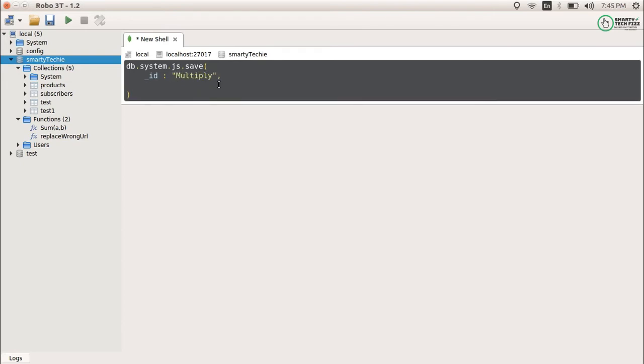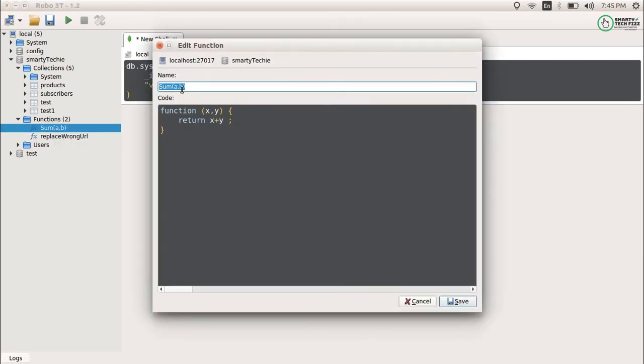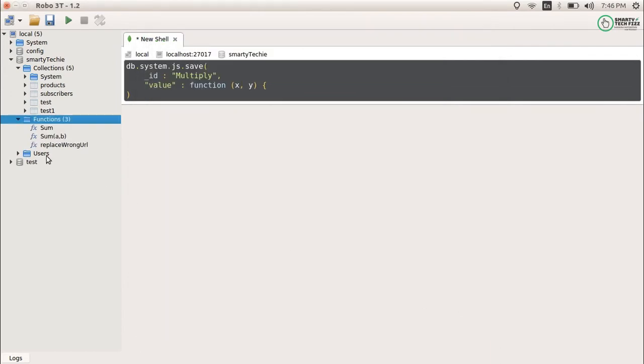Next we will provide the inner implementation of it by using the value parameter. The _id parameter is the name, and the value is the inner implementation of it. The function name is sum here only, it is just a name, so we can write it here as well. Just delete the previous one.